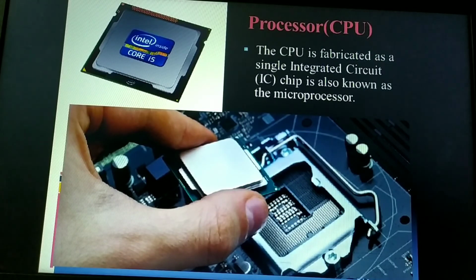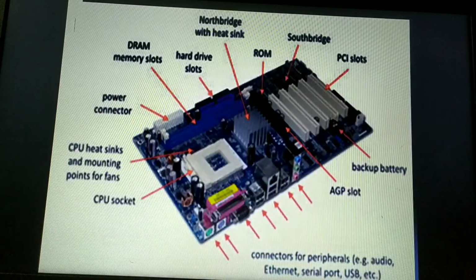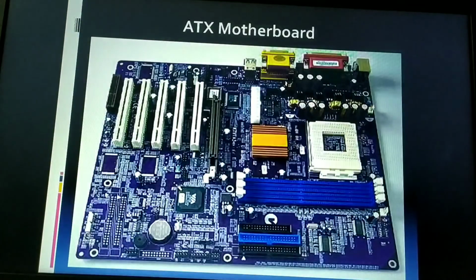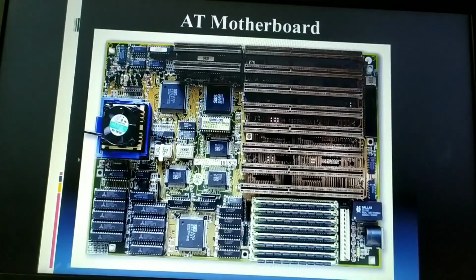Some of the motherboards, I think one of the motherboards I have shown you, where on the processor socket the fan is located. Yeah, here you can see there. So usually on your motherboard, the CPU, the processor, can be identified as the heat sink or the fan is located on top of it. Now this is nothing but the processor socket.